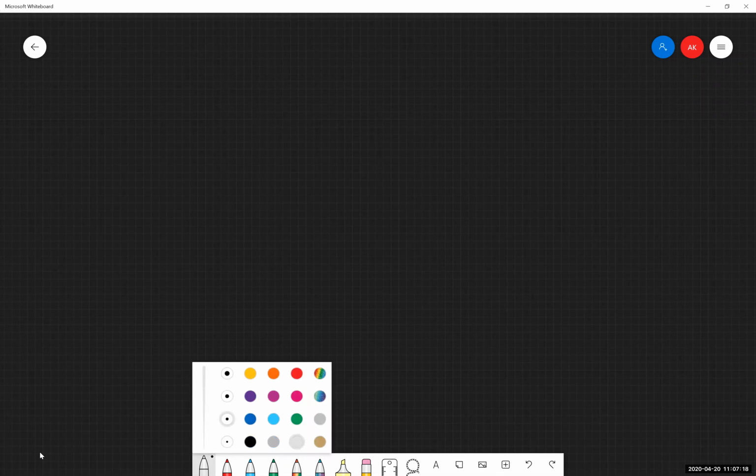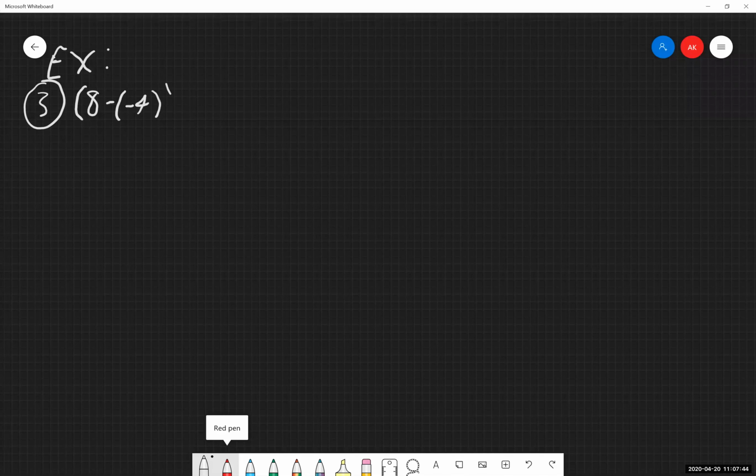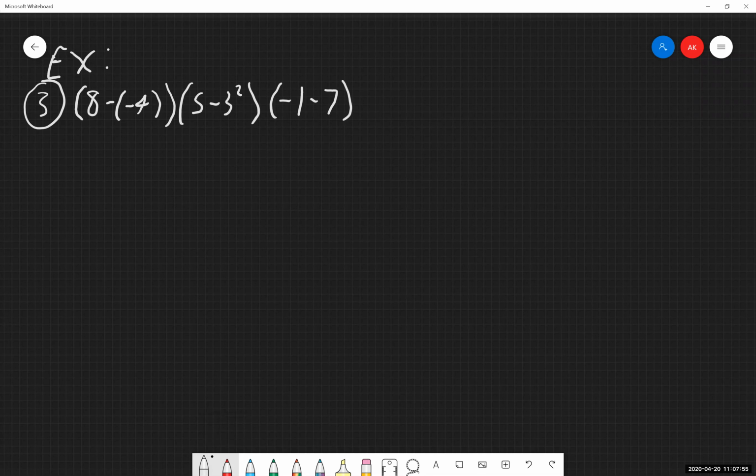So again, working with our first clump of examples, those first 4, we're working with example number 3. All right, so writing out example 3 for ourselves, we have 8 minus -4, 5 times c squared, and we have that.